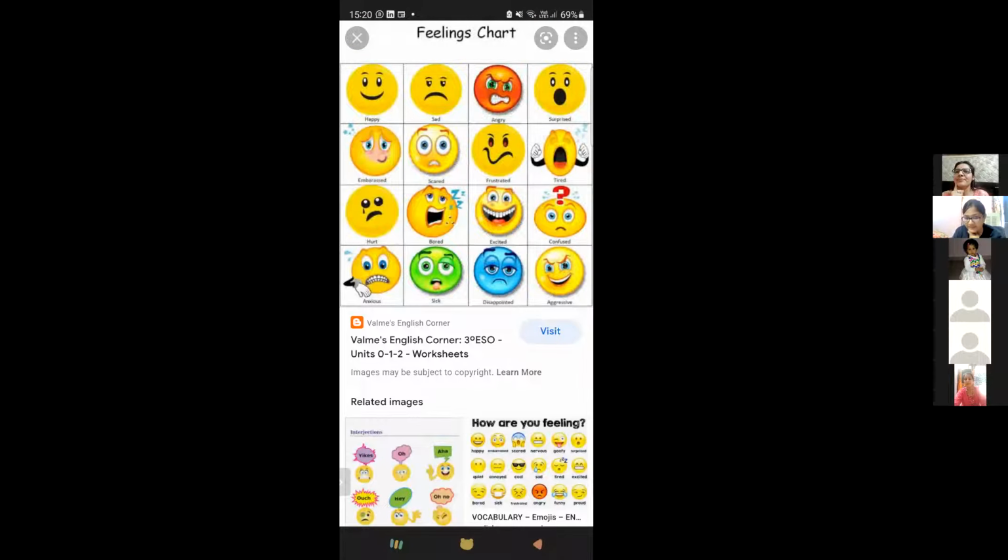Even you can have these cards in your class and children can make sentences. You can just pick up any flashcard. This is going to be a very interesting activity where you can encourage the children to come up with expressions. If you are holding the happy smiley, they have to make a sentence, like, wow, I won the match. If it is a sad face, oh no, we lost the match. Angry, what will you say when you're angry? Hey, you broke the car, you broke the glass. Surprised, wow.